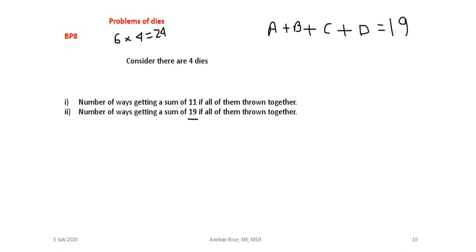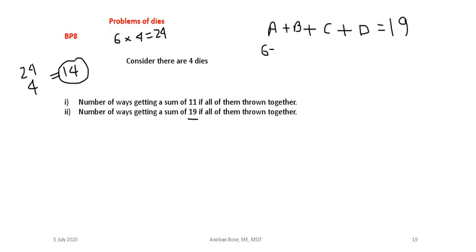Since this value is close to 24, what is the minimum value that must happen as the summation of the 4 dice? Definitely the minimum value is 1 in each die, that means 4, and the maximum will be 24. So what is the average? Average is 14. If it is more than 14, then we'll go by this approach. Suppose it is 19 or 20 or 21, like that, we'll go by the reverse approach.